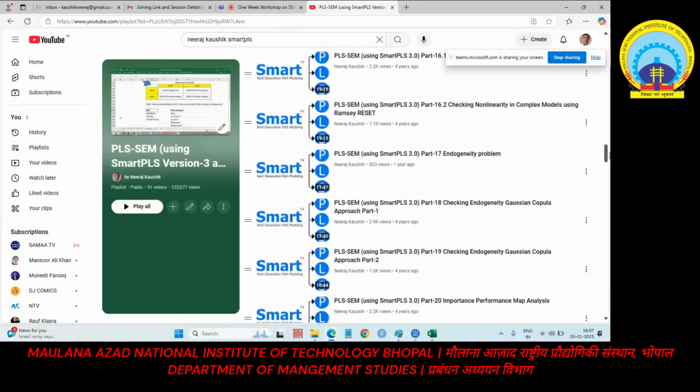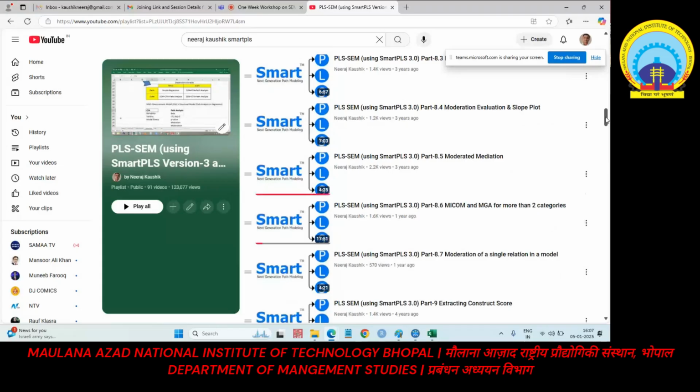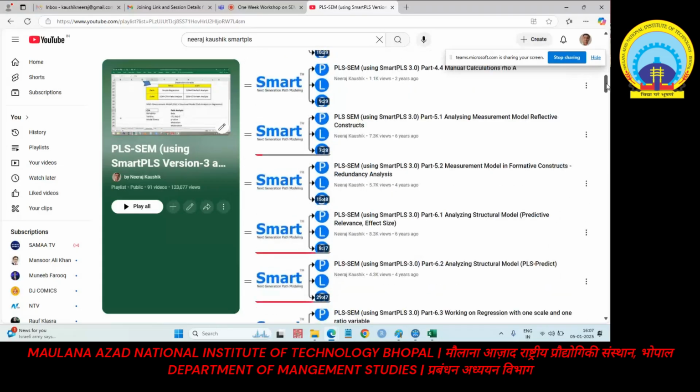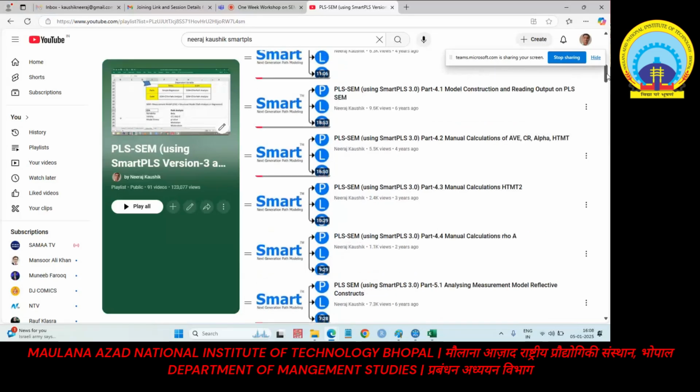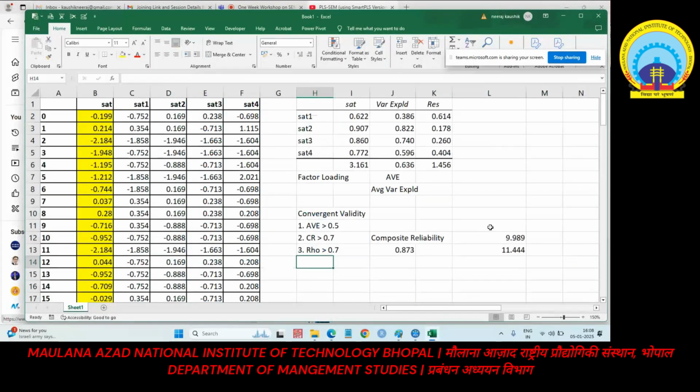It requires very lengthy calculations. You can cross check, must be somewhere. Manual calculation of the rho should be here. This one, 4.4, manual calculation of the rho. Very lengthy calculations are there. I'm not going for that. And the fourth part will be the